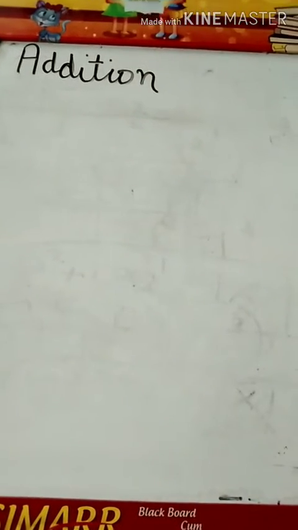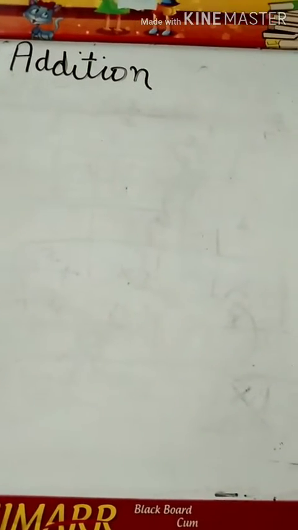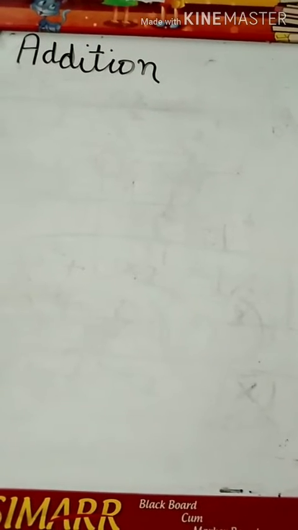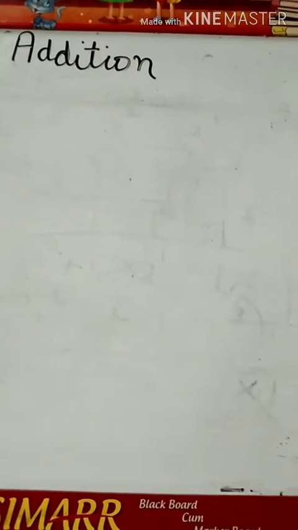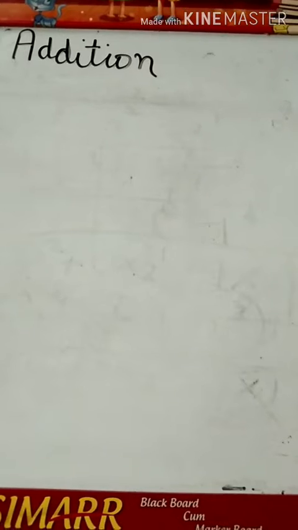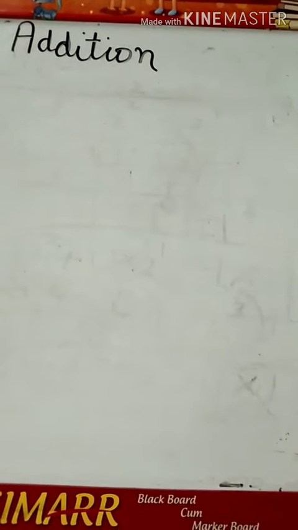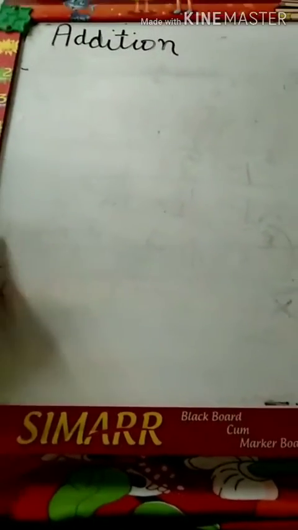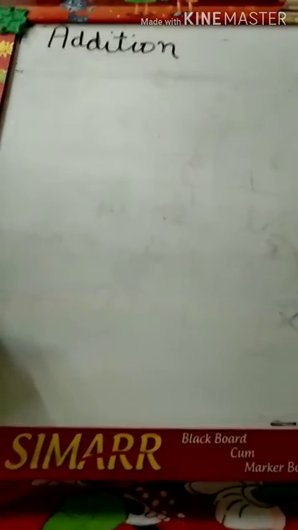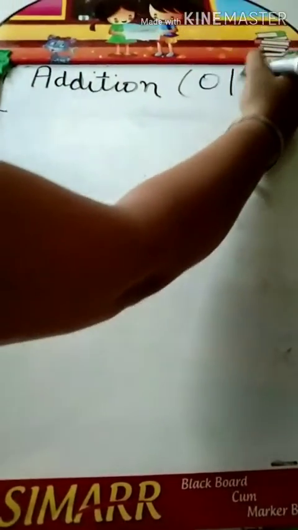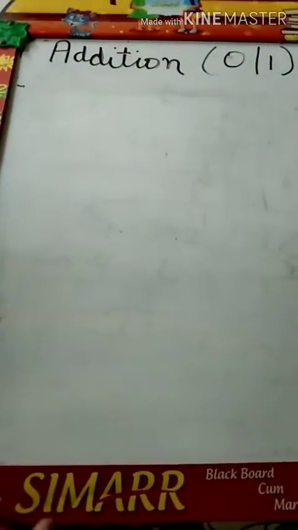This technique is used to add binary numbers inside the computer. It is a very easy and simple method. We can perform it in the same way as you perform addition with decimal numbers in your mathematical calculations. For binary addition we should follow some rules, based on 0 and 1. Why? Because the computer understands binary digits, that is 0 and 1. So there are some rules to solve this.